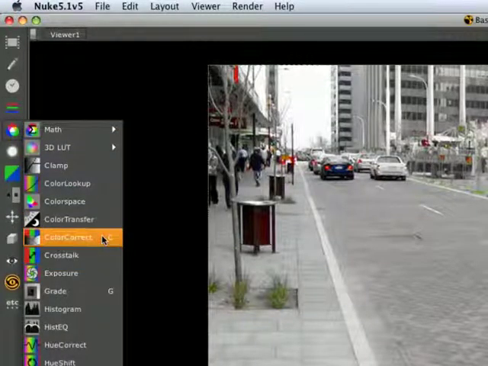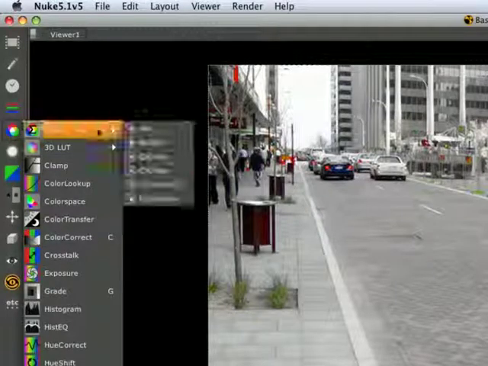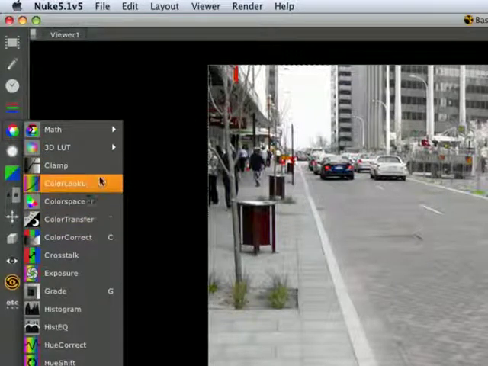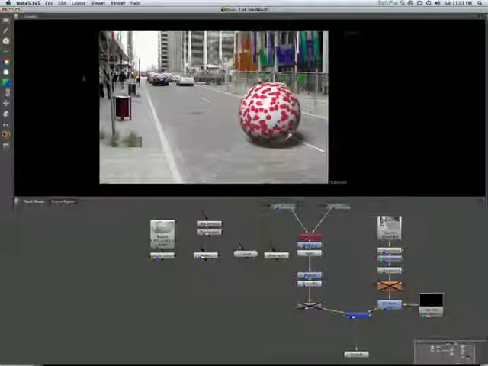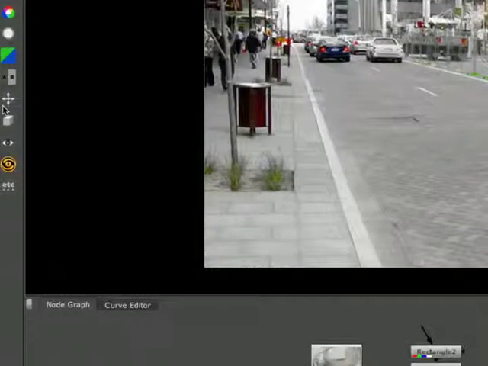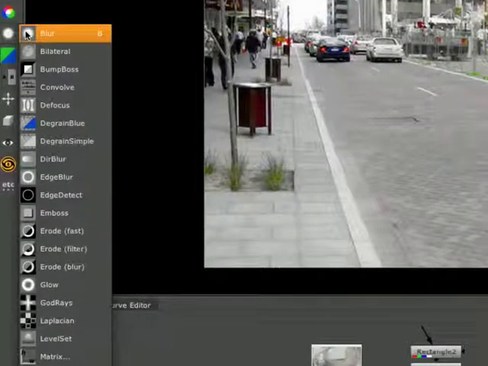You have the color menu. Nuke has some marvelous color editing nodes. Couple of very good ones. Color space. What have you got? Color lookup. That's my favorite. So where are we now? Let's just move back a bit and in. So that's the color. Now we have here the filter, and these will produce effects upon the image per pixel